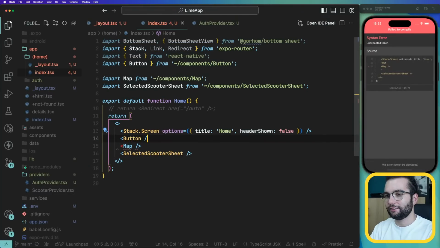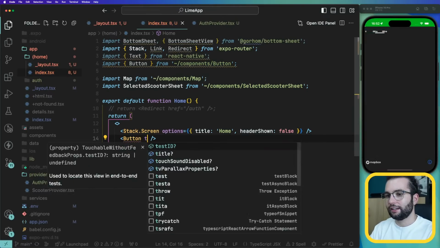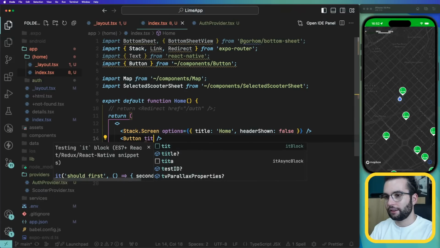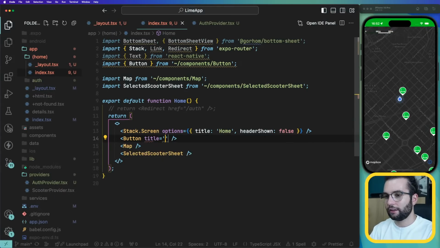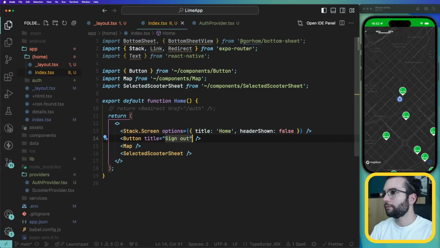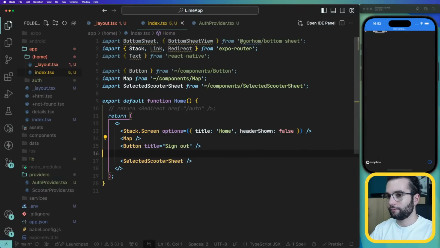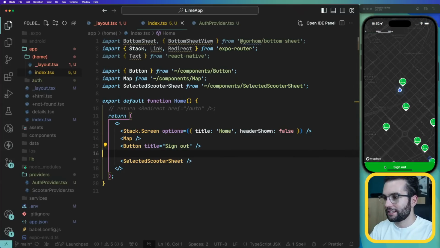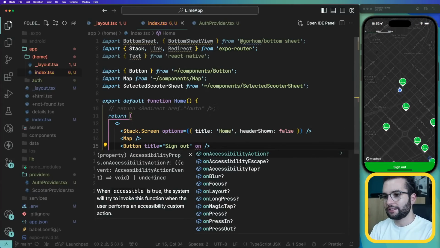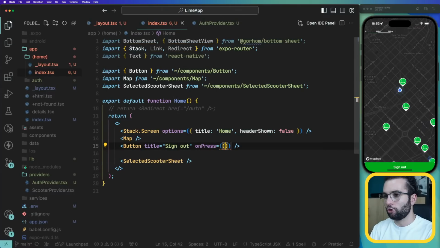Just for a second. Title: Sign out. Maybe below the map. Okay, sign out, I put it below the map,